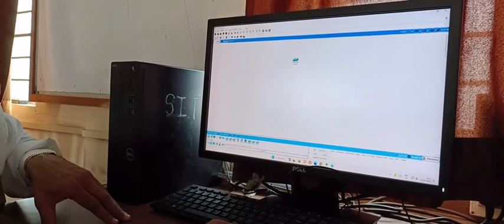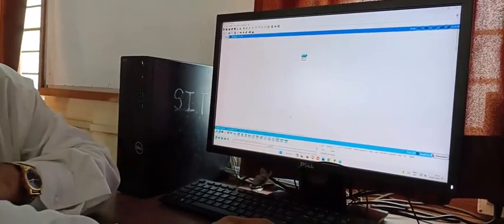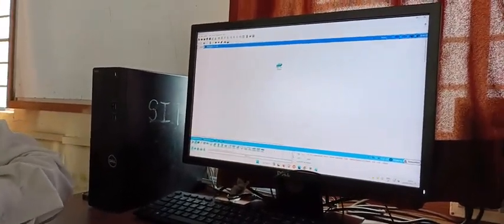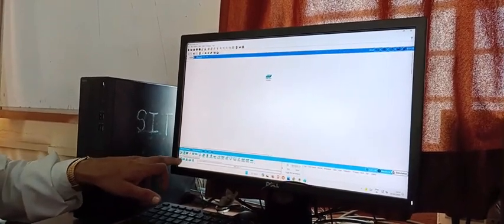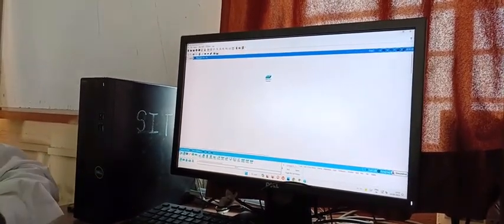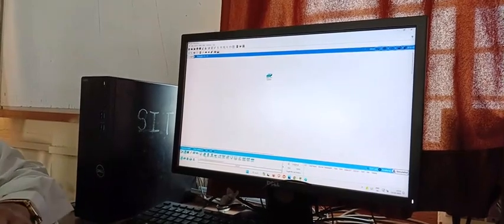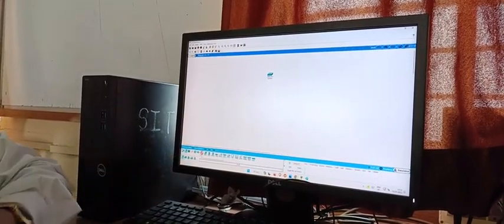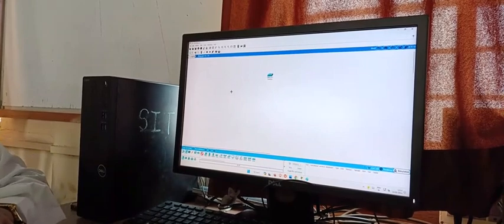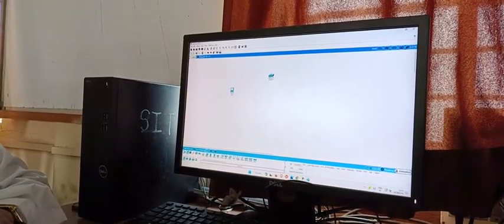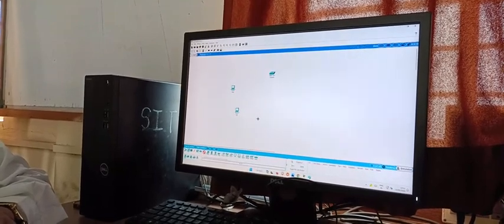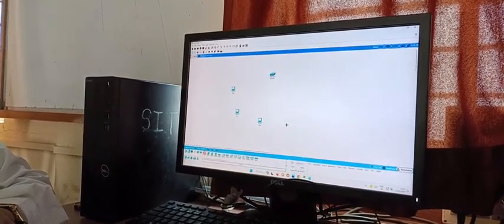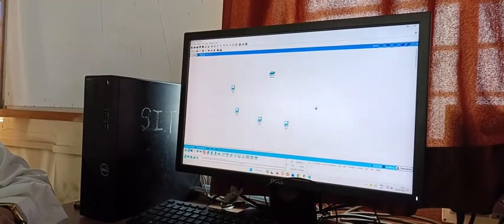Now after that I have to select the other nodes, that means desktop devices, and for that I already selected the end devices. Under that it is showing the n number of end systems. So I am selecting the PC here. So here I selected one PC. Likewise, as per my requirement, I am considering n number of PCs which I am going to connect in the star topology.